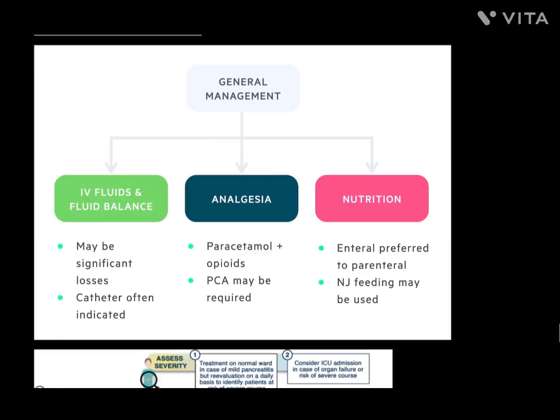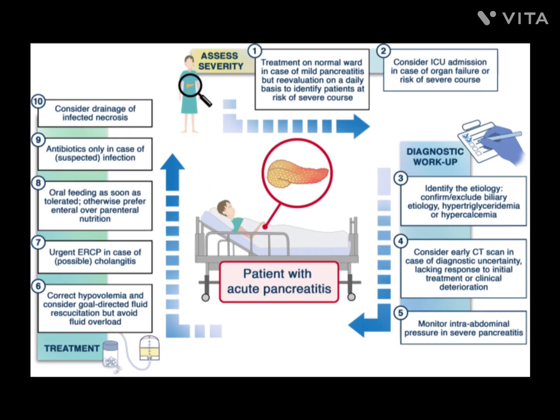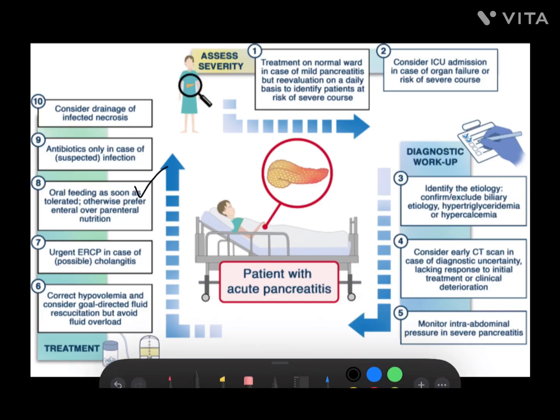Next we are going to see the management. Whenever a patient comes with pancreatitis, the main principles are: first we have to treat the cause, then support the organs, then prevent the complications, then avoid unnecessary surgeries. So first of all we have to do conservative management. In conservative management, the initial management will be giving fluid resuscitation; if you are preferring, we can go with oral. Oral Ringer's lactate we can give, like 250 to 500 ml per hour. Next we can use some analgesics, meaning painkillers.